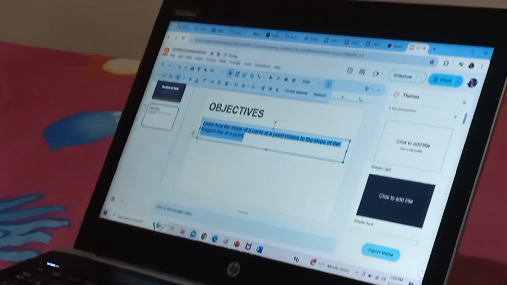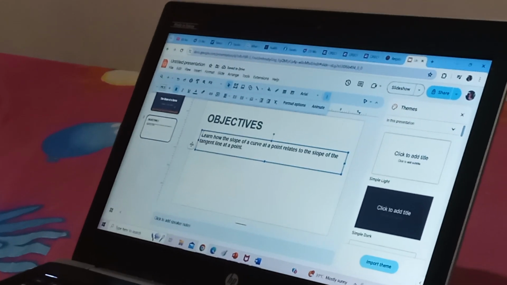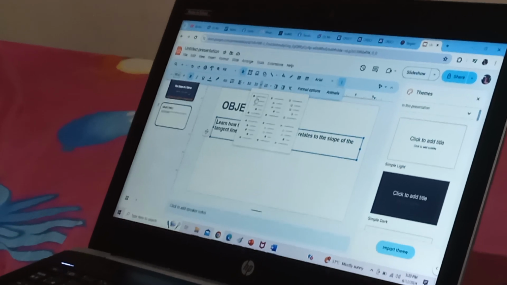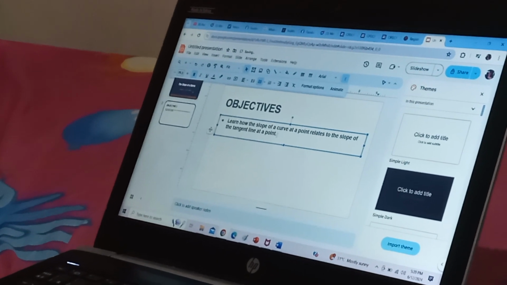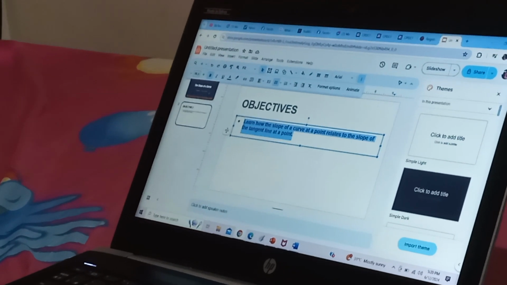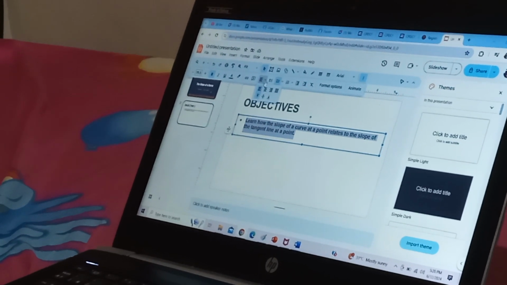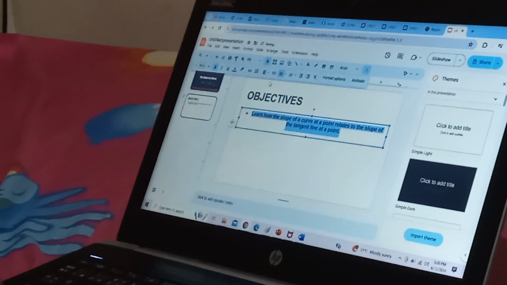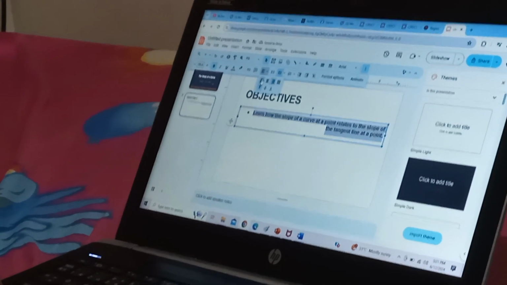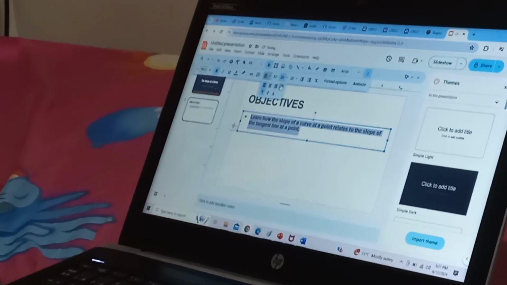Then you can add a bullet here through this one. Then if you want to put this text to the left, you just click the alignment, to center or to right or justify.